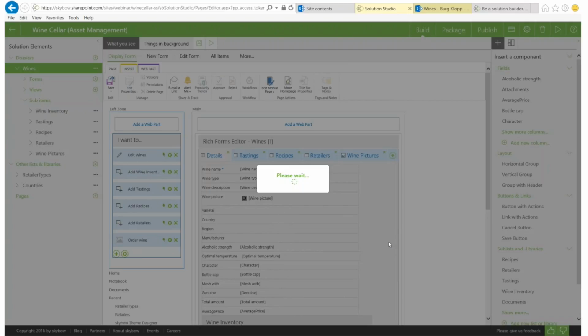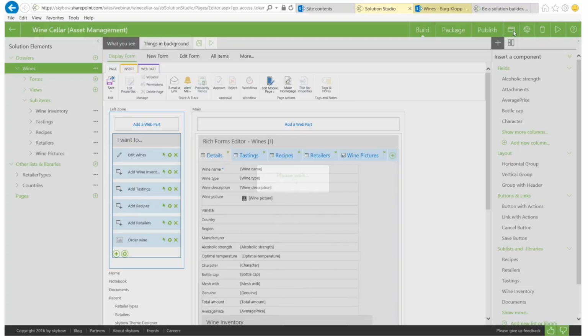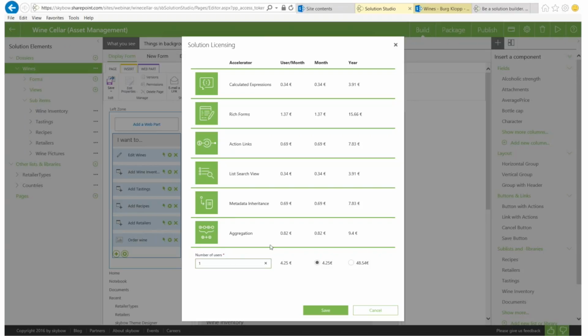or you want to have other users using this solution, then you can simply go to this licensing page here. This is where you can see what's being used, and simply delete or add some of the accelerators. This will generate the license in the background. For one user, it's always for free, and if you go to 200, it will transparently calculate the costs, just pay with credit card and save. So it's simple as this. One user is for free, and